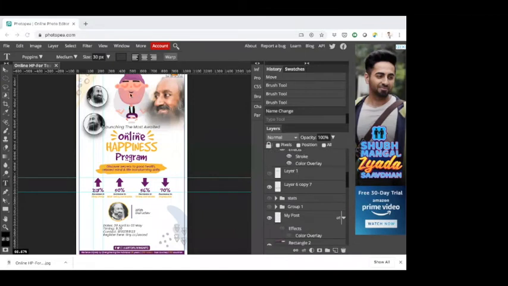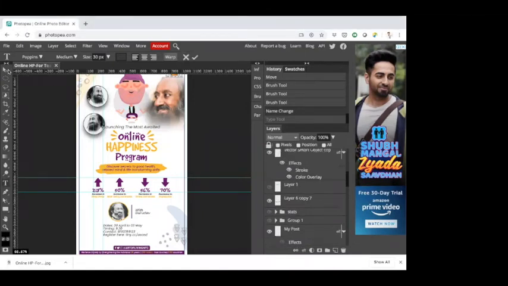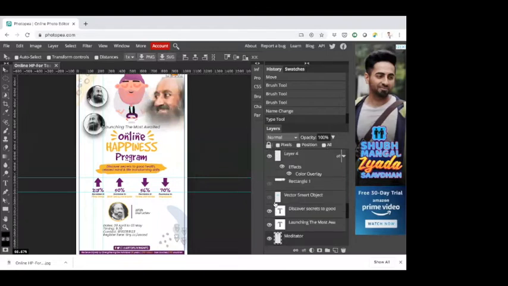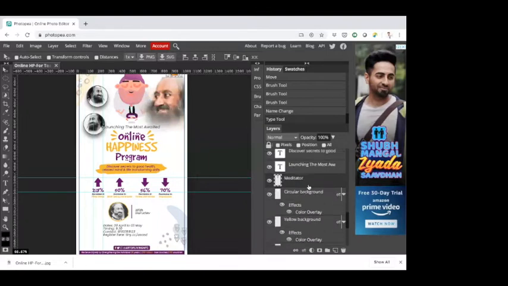Now for that, just select the particular layer which you want to select. So before selecting, make sure the move tool is selected, and then click on the layer. Right click on meditator. Now click shift and click on whichever layers you want to link. So I have clicked shift and selected all the layers, and there is a link layers button.